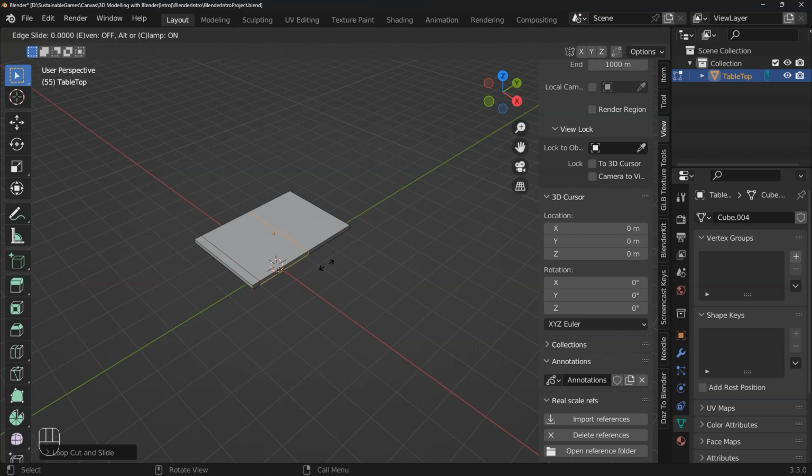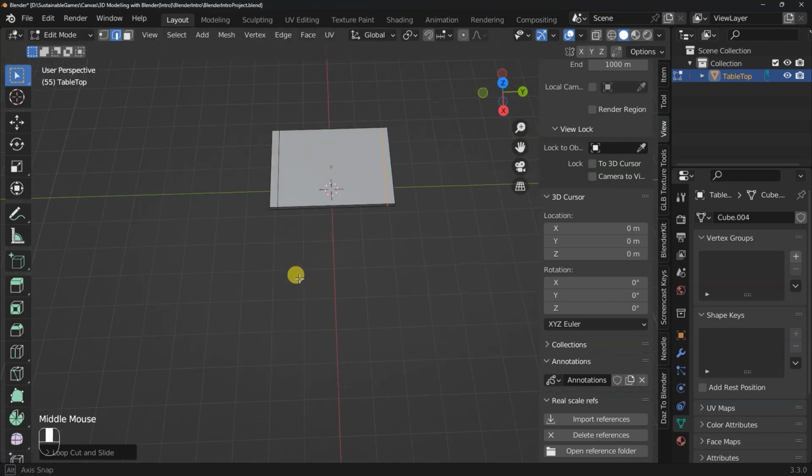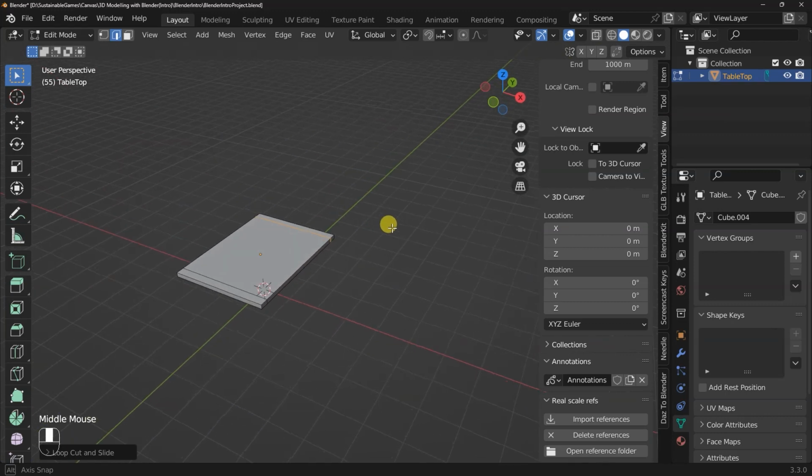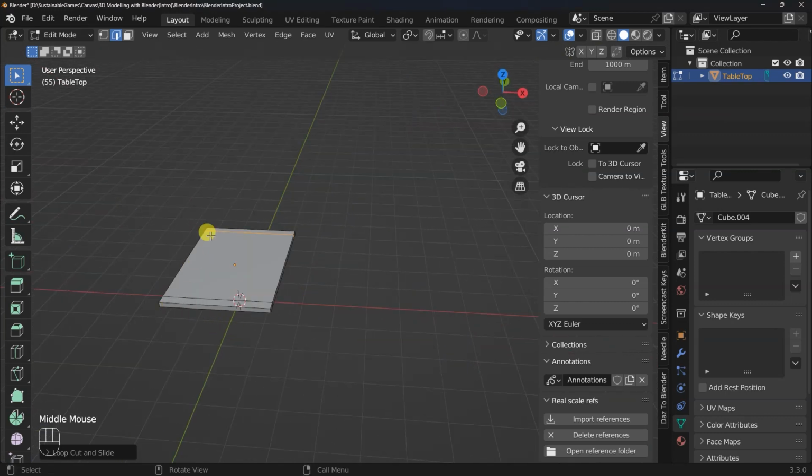Click on it once and go to the opposite direction. Since I know that it's 0.873, I can click on minus and it will have the same distance from the edge. So I think I'm good with this, and I can actually add another edge slide here, Ctrl R,